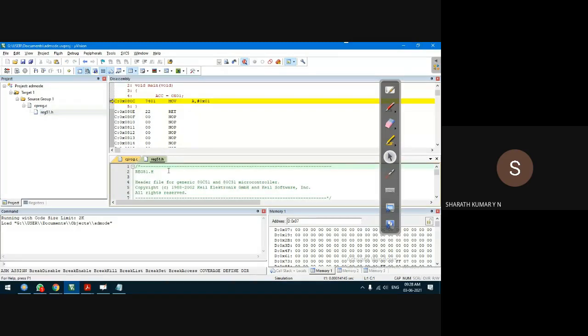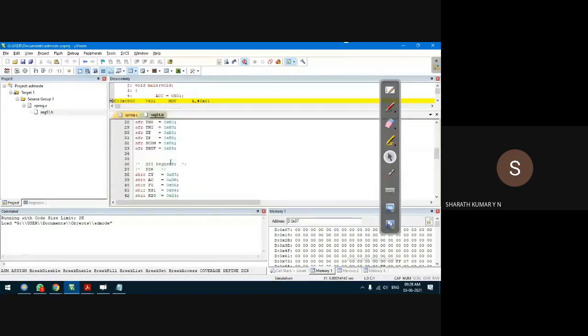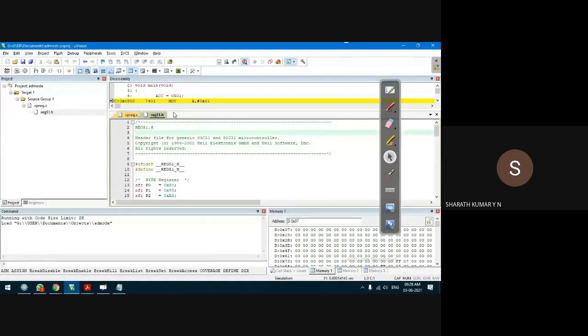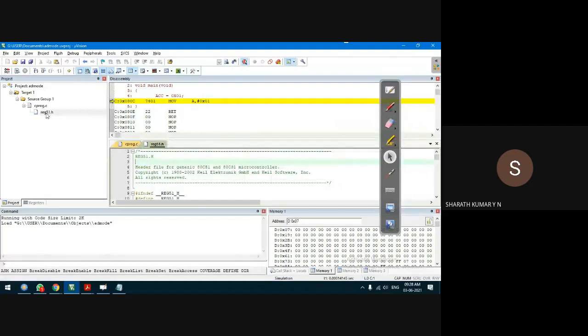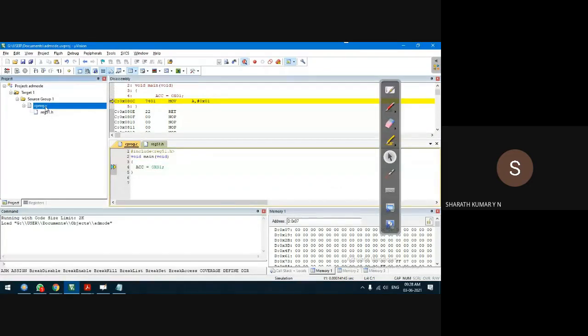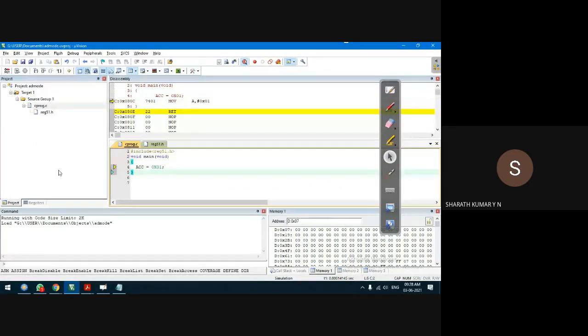It will automatically attach the header file. What is this header file? It is the same file we just saw. If you see this header file, it is the same as what we saw. It will be automatically attached to the project if the debug session is successful, but if there is any error in the program, let us say we have made some mistake in the C program, then this header file will not be attached.